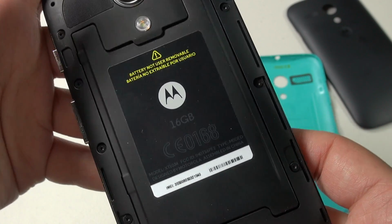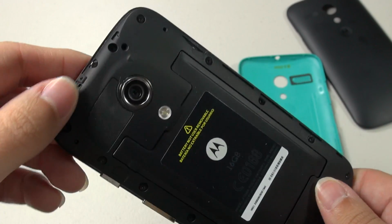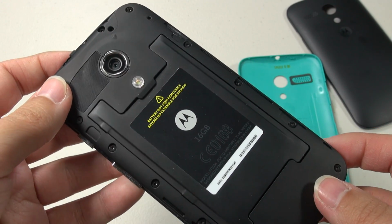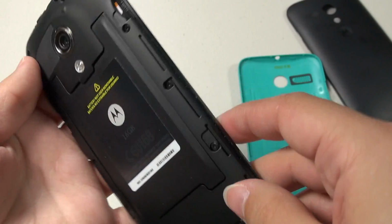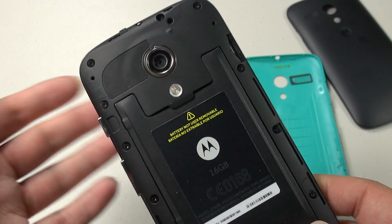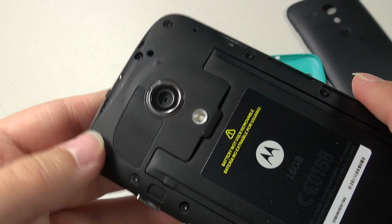And also the battery is not removable. I am curious to take this apart to see how that works exactly. Maybe that would be a future video. I'm bold enough. So keep in mind that there is no SD card slot and you cannot remove the battery. It's not removable by yourself unless you're one of those people who isn't faint of heart, but you probably will